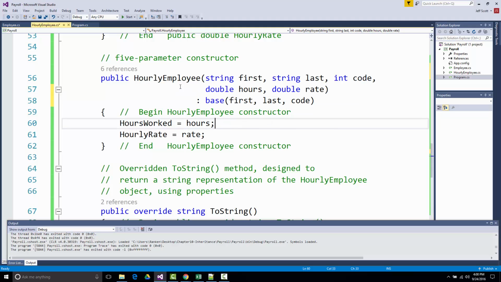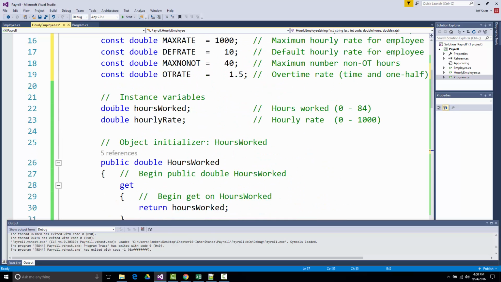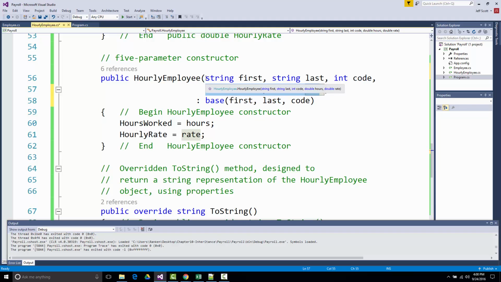The only part of these first, last, code, hours, and rate, so there's 5 parameters in here. The only parameters that this constructor is handling are hours and rate, because those are the only 2 variables that we have in there, hours worked and hourly rate. So these other 3,